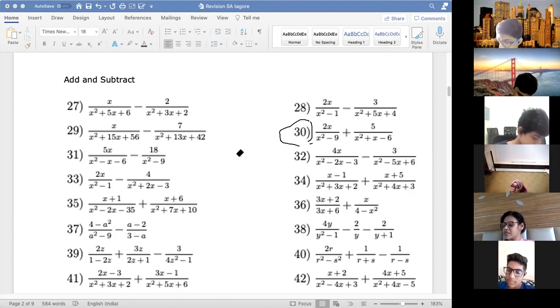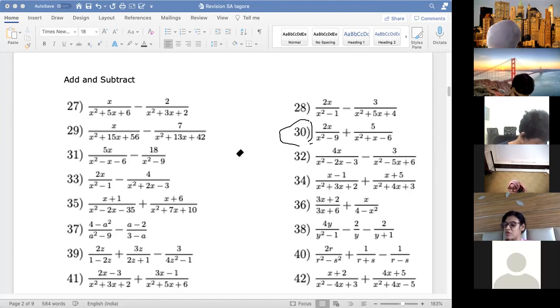Mozam, what did you get in LCM? Ma'am, I was just doing the second one, factorizing the second one. You have to be quick. Huh? First one, what is the factorization of the first one? Ma'am, x plus 3 into x minus 3. Correct. Saklain, what is the factorization of the second one? X minus 2 and x plus 3. Correct. X minus 2 into x plus 3.